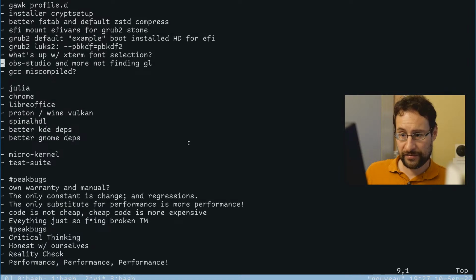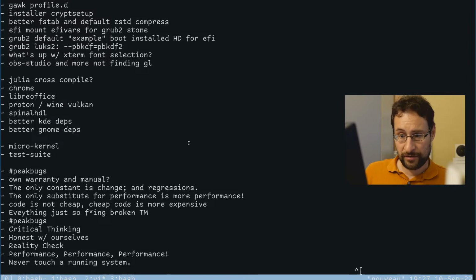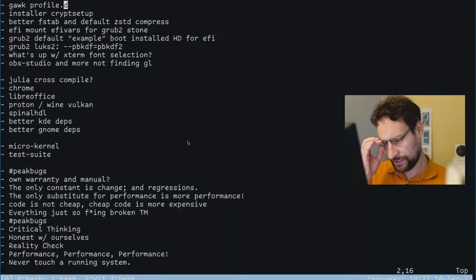Actually, this I fixed. This maybe also not. So it's probably done. Maybe cross compile. Yeah, so that is kind of the most important stuff to do eventually.